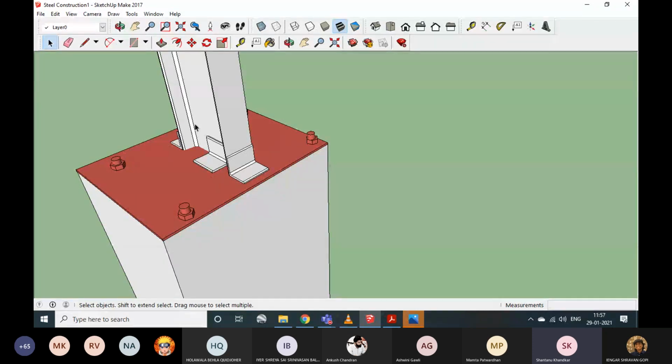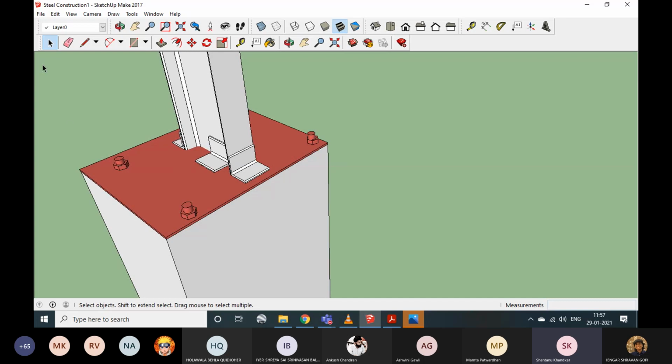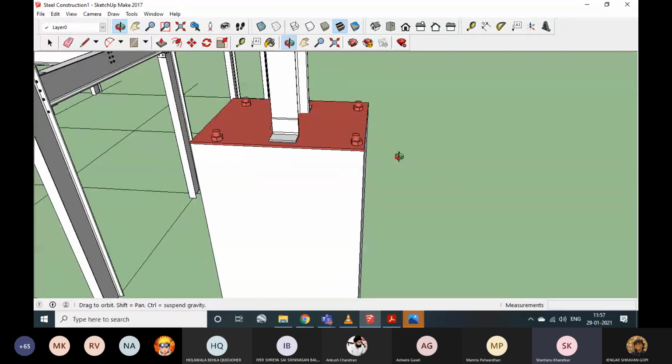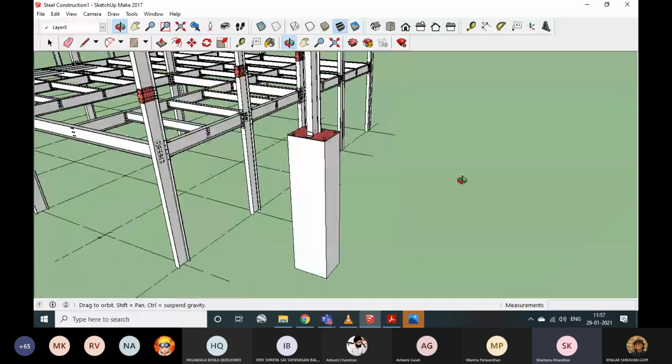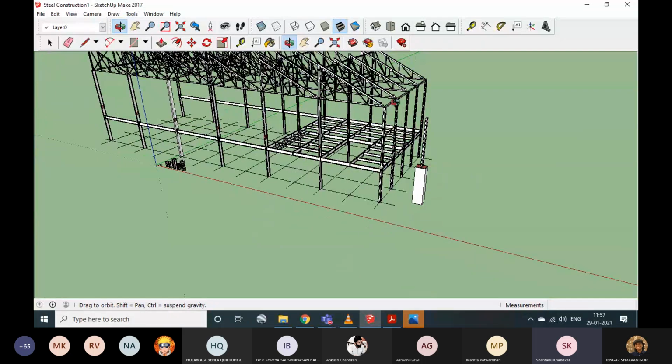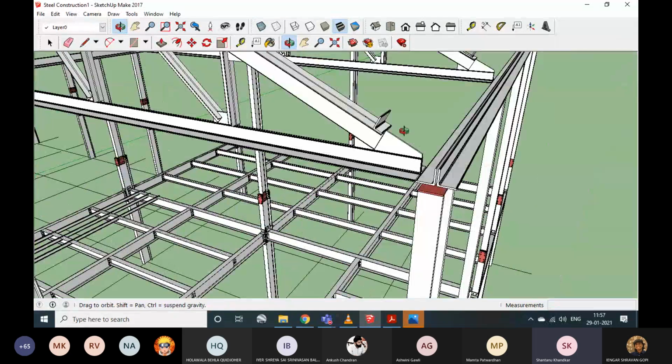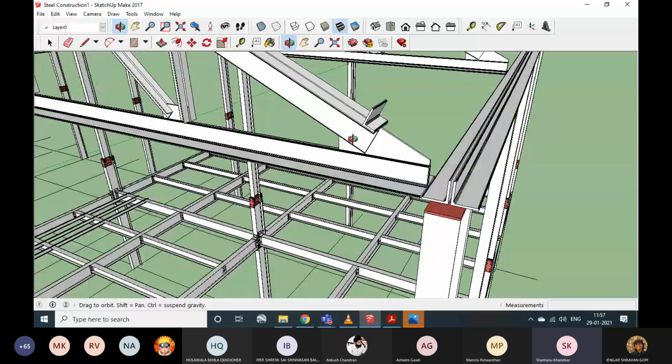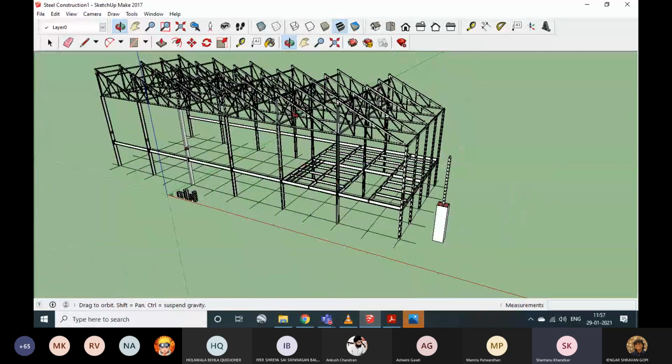You may even add a gusset plate here as well for more stability. So basically the point is that as the loads increase, you would have more and more layers of members to add stability to a particular connection. That's again a question of calculations, which we are not going to get into right now. But these basically are the ways in which steel connections and steel frame structures get formed.